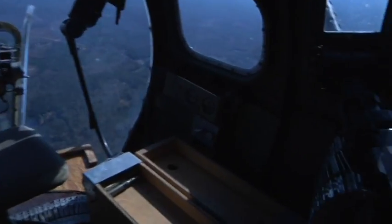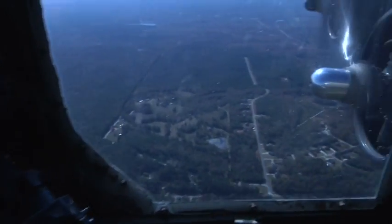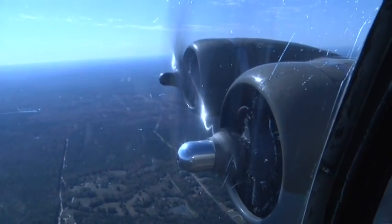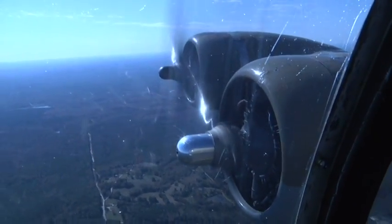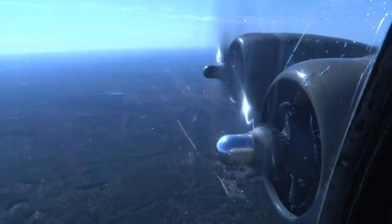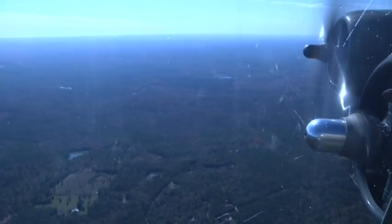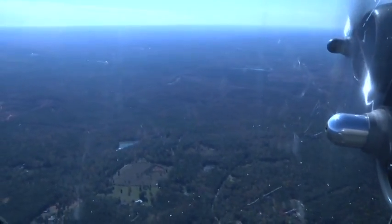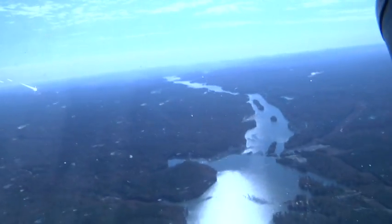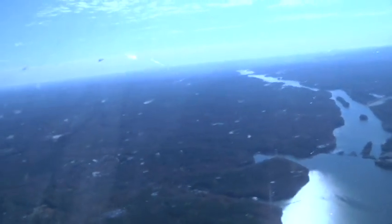The flight from Auburn to Perry was near perfect. Some turbulence did cause the plane to hop, but it was an amazing experience. It was easy to imagine what the brave flight crews endured during a mission. Now, of course, we didn't have the fear of flak bursts or enemy fighters, but there was time to enjoy the view of the changing fall colors below, the Chattahoochee River,